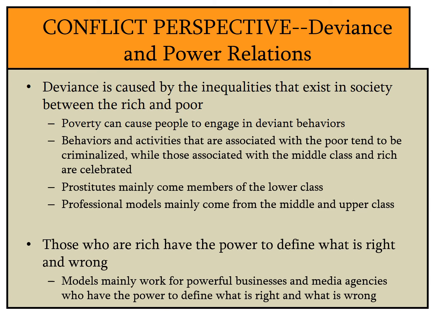And so these models who are making money for these organizations and these major companies, these companies have the power in our society to define what is right and to define what is wrong. Because these businesses are making money off the bodies of these women, they say this job is okay because essentially we're making money off of their bodies, but women that engage in prostitution, even though it's essentially the same business of selling sex, that's wrong. And so that's what the conflict perspective argues, that there's a relationship between deviance and power.